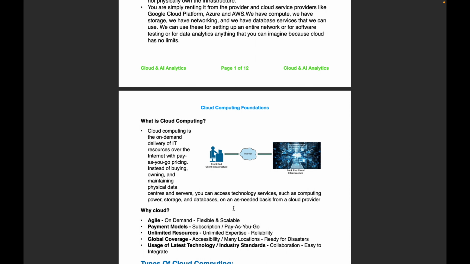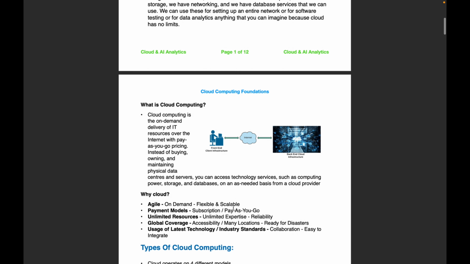So this is why cloud is getting popular these days, and most businesses, most use cases, and most companies are moving towards cloud platforms, going with hybrid cloud, multi cloud, and public cloud as well. I'll be explaining and we will be seeing what the different types of cloud computing available are in the upcoming videos.